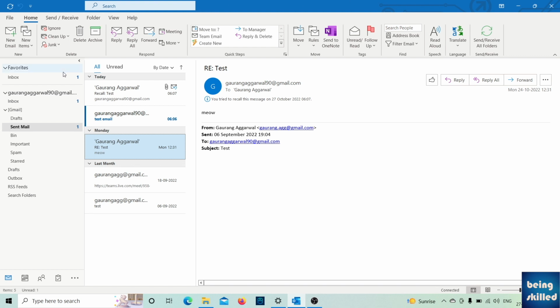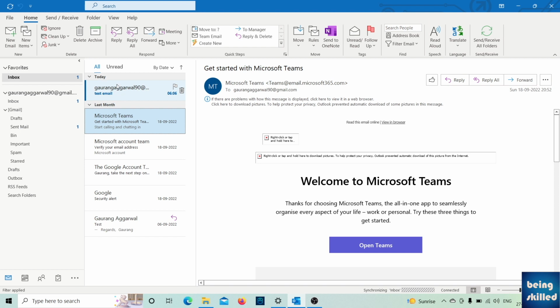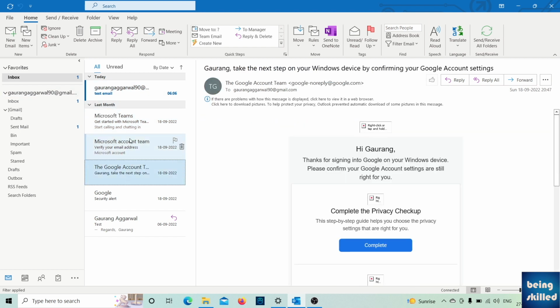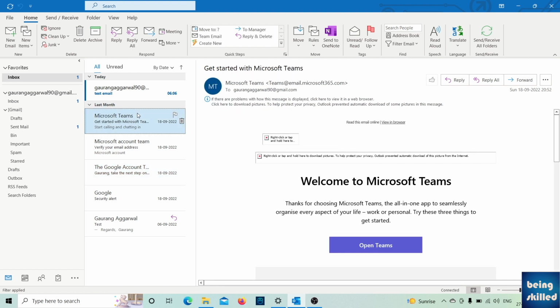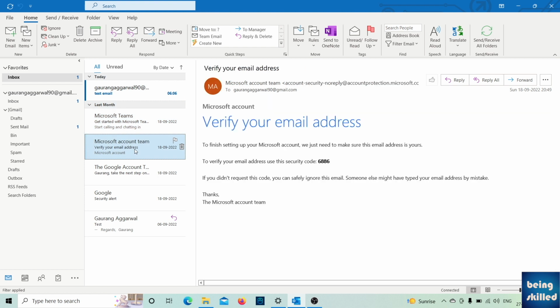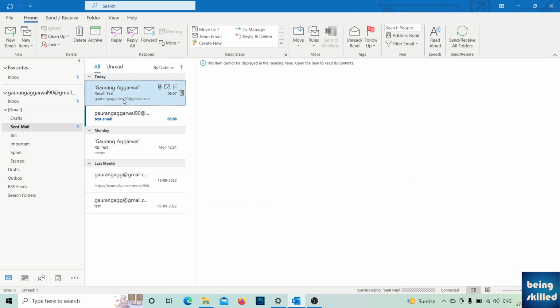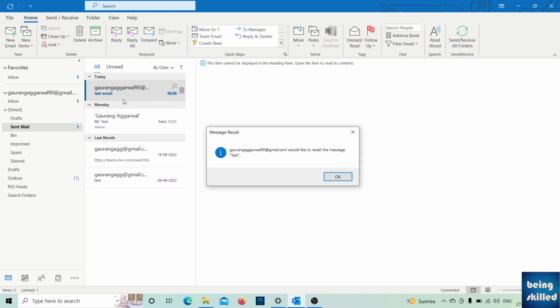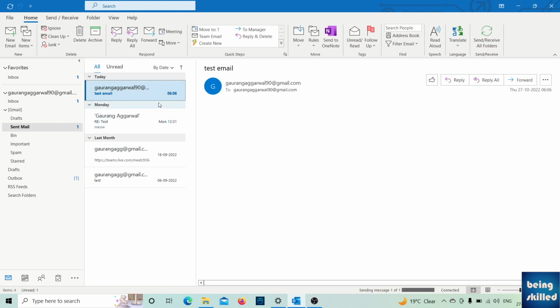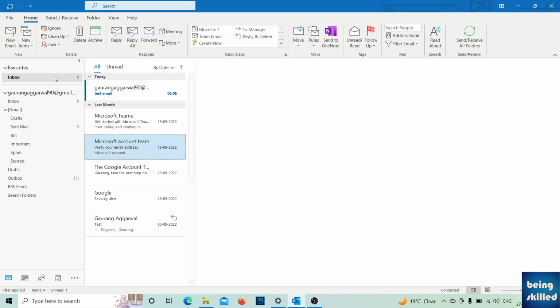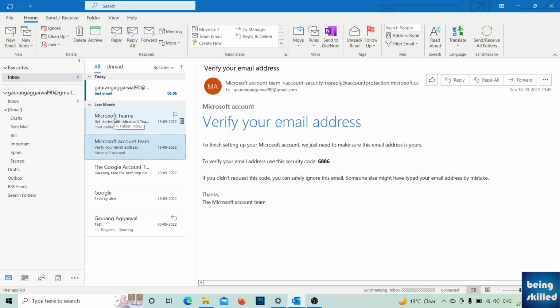And if the person has read the email, then the email cannot be recalled. So that is something which you have to keep in mind. Second, when the email is sent and that recall message has been sent, the recipient would receive a pop-up informing the person that the sender would like to recall the message with the subject this and that. So once that is done,